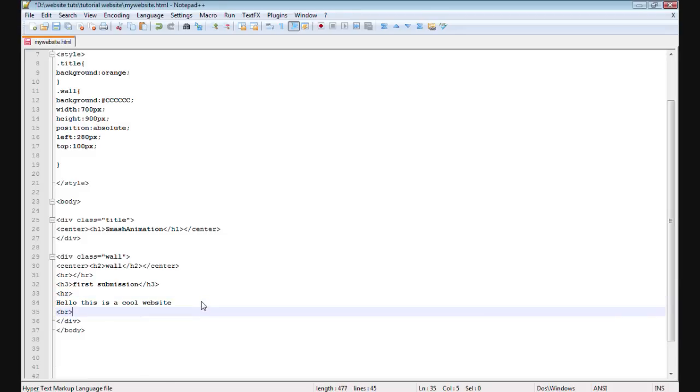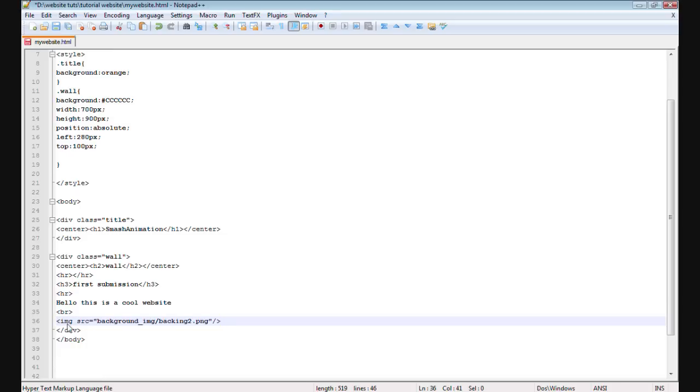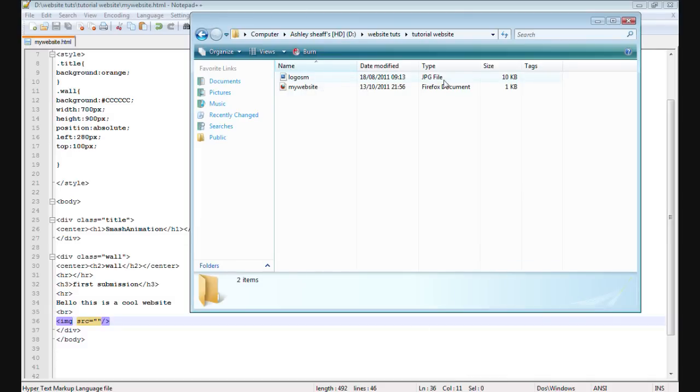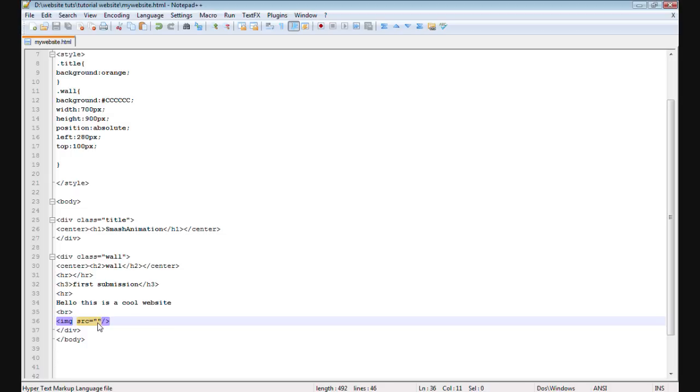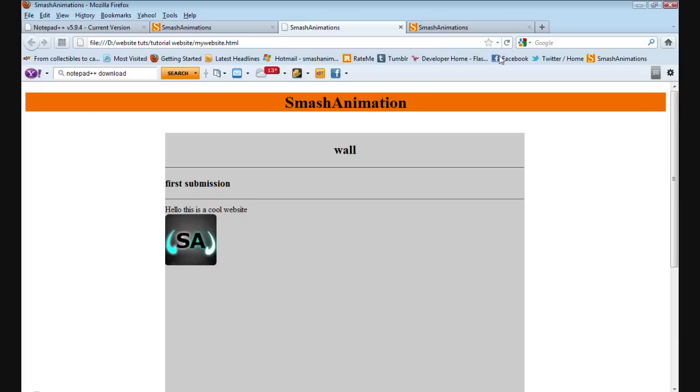First of all, you'd make a breaker. Okay, and you would use the image tags like so. You would go open image, src equals, and then you would put the location of the image within this. And I believe I have an image up in here, and it's called logo sm, and it's a JPEG file. So logo sm.jpg. There we go. We'll save and refresh. Voila, and we have an image with the first submission. So now,